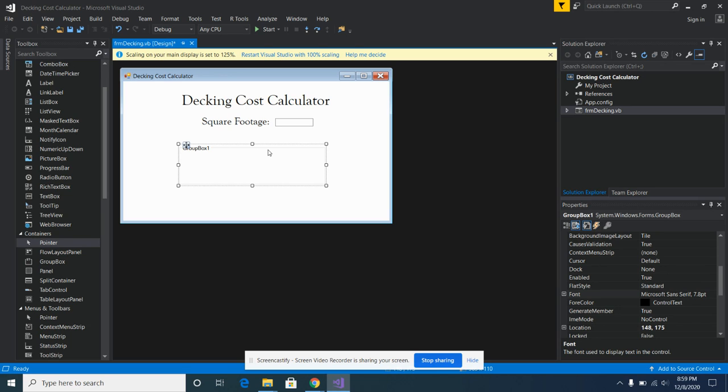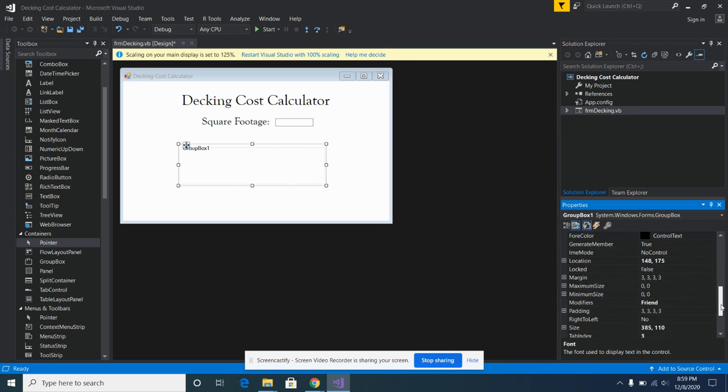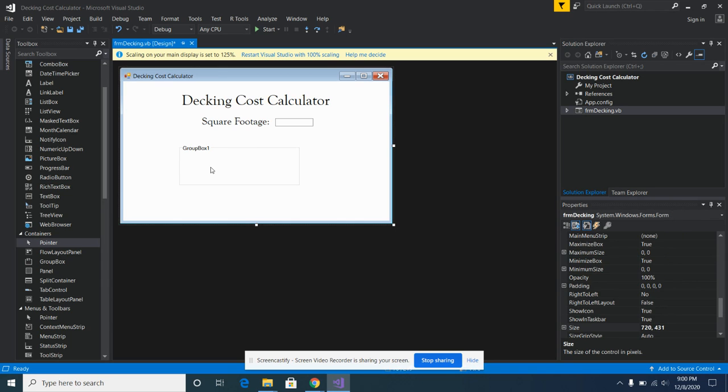The book says change the size to 244 by 106. Somebody told me that that's a little bit small, so we're going to go with that and then we'll resize it afterwards if we need to. Yeah, that's a little small. I'm just going to make it a little bigger. And we'll play with it and change the size